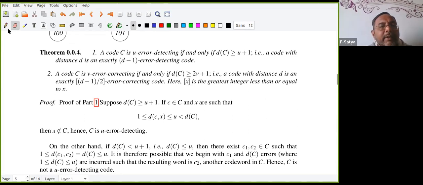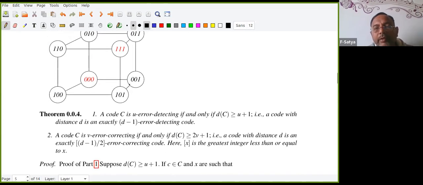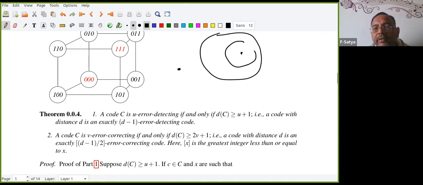Okay, why is that happening? For example, you have two code words, right? This is one code word, this is another code word. Now the distance between them is d, right? It can be d or more also. The distance of the code is the minimum of all, so it can be d or more, that we know. If I take a circle of radius d minus 1, it will not touch, right? Similarly here d minus 1. Now I'll construct another circle of radius d minus 1 by 2 around each code word.